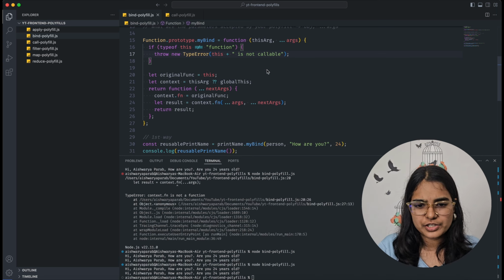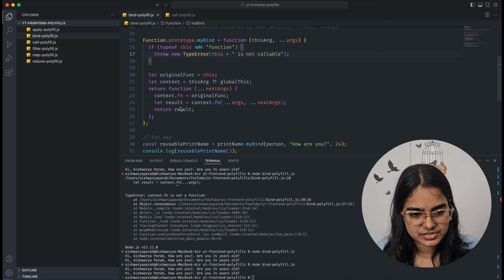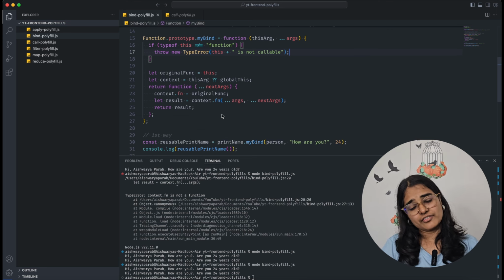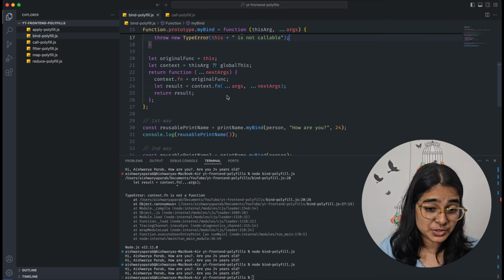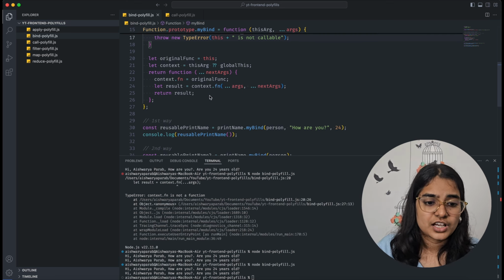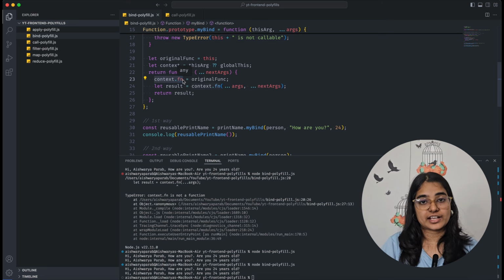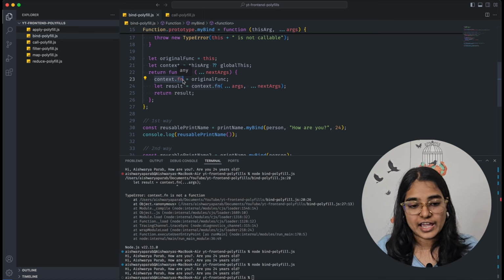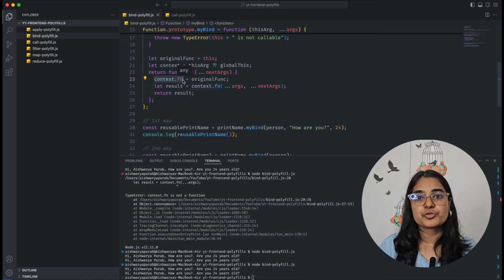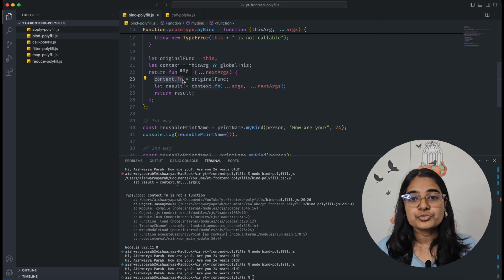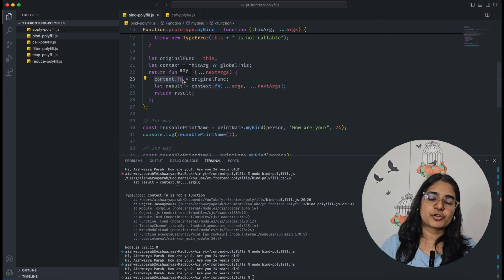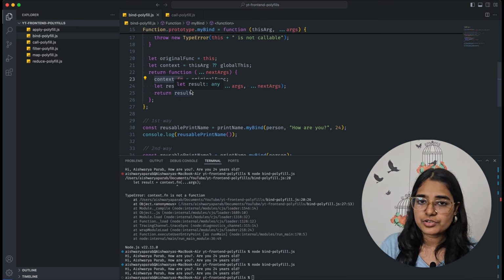Anything else? I don't need to test args. I don't need to test this. I think this is the only validation that you need to put in place. Oh, one more thing that you need to do is, if you check here, you're adding something, you're adding a property to your context, which means you're trying to modify your input. And you might have done some DSA problems, you might have done some other problems as well. You know that input should never be modified. Any input which is given to you, it shouldn't be modified, right? In this case also, we shouldn't modify the input.